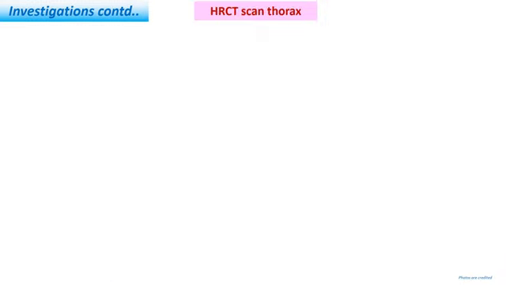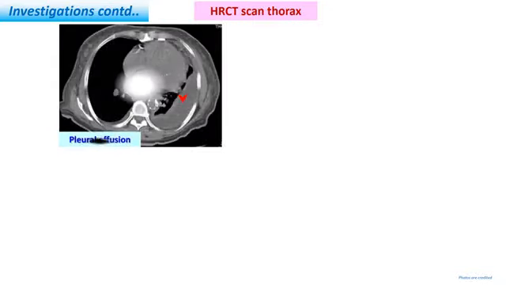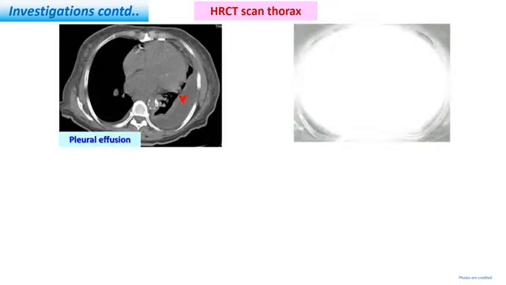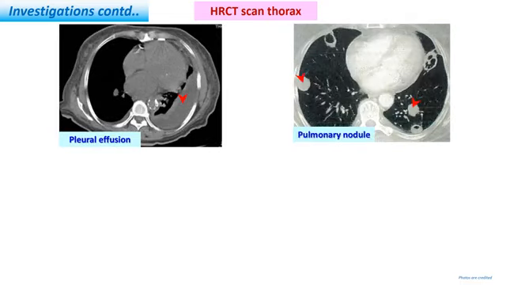HRCT scan thorax: as we know, there are pulmonary complications as an extraarticular manifestation of rheumatoid arthritis. Three common pathologies are pleuritis or pleural effusion, pulmonary nodule, and interstitial lung disease. Let us see pleural effusion, left-sided here, pulmonary nodules,